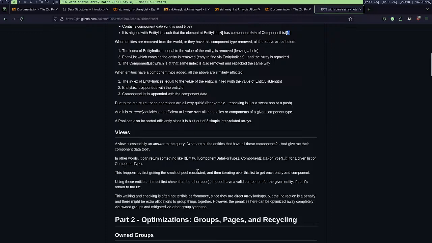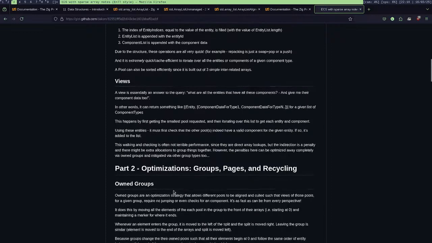First getting the smallest pool requested. Okay, this makes sense. And using these entities. Okay, so first I iterate over the first array and then get the entities by direct access.